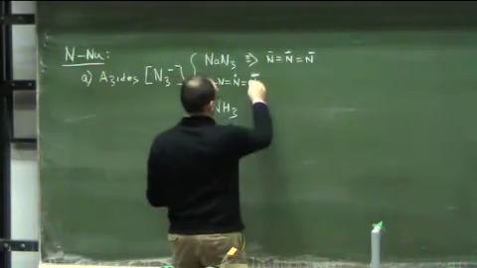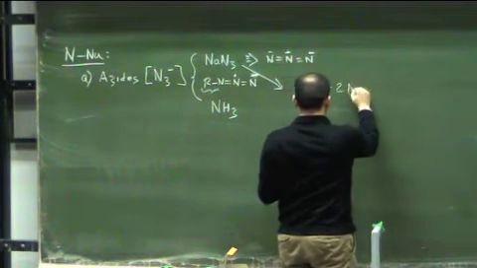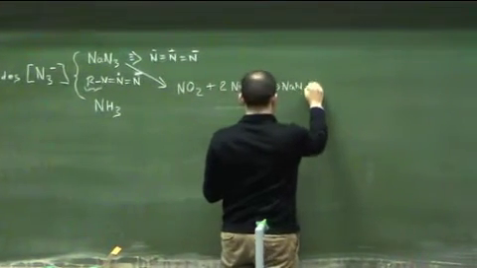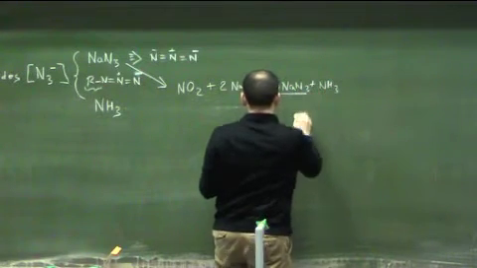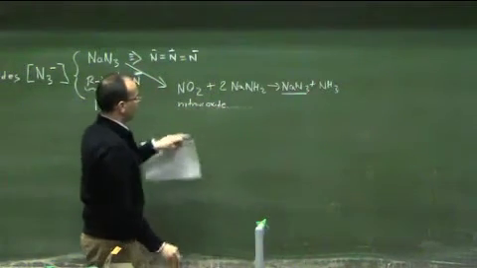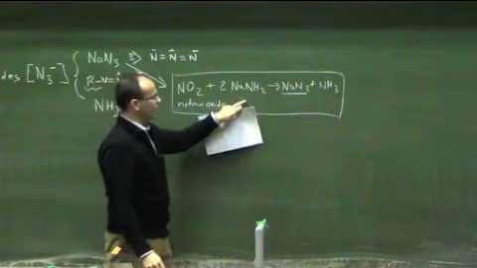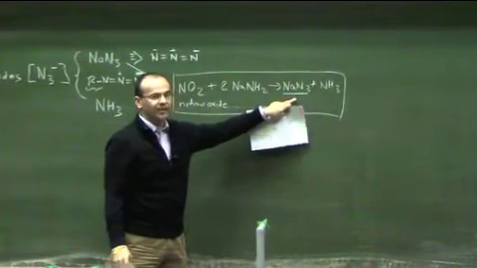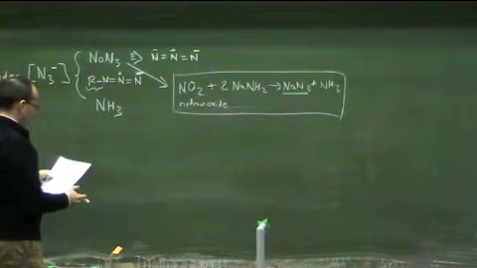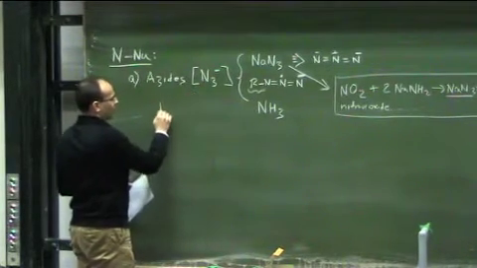Okay, and for example, this one here. So this is the way that you make the sodium azide in industry. So you take nitrous oxide and you treat it with sodium amide, and you generate the sodium azide. That's the way you fabricate that at the industrial level. So the important thing about this nucleophile is that you use it to incorporate an amine group